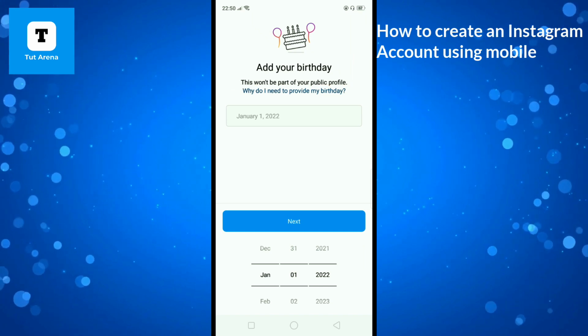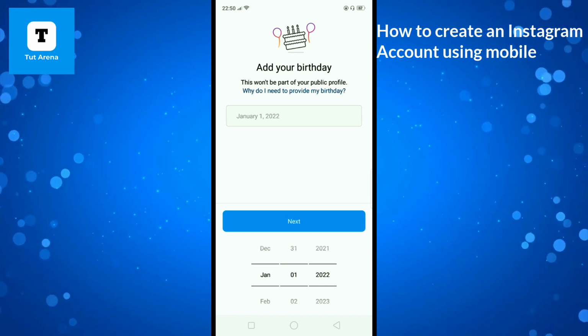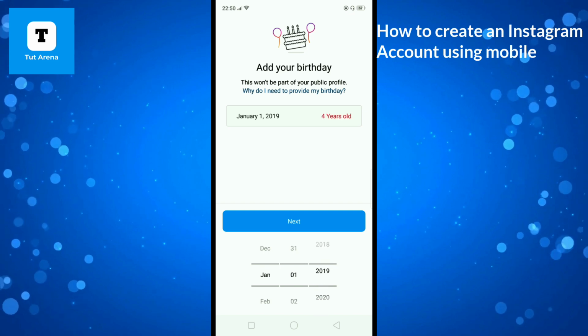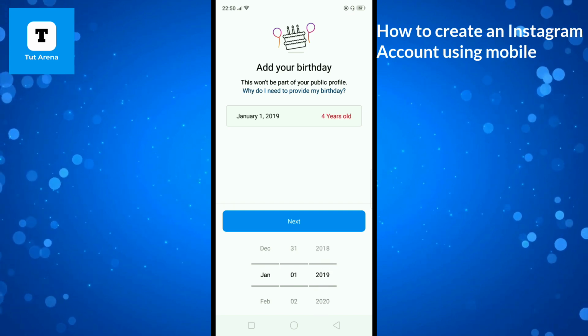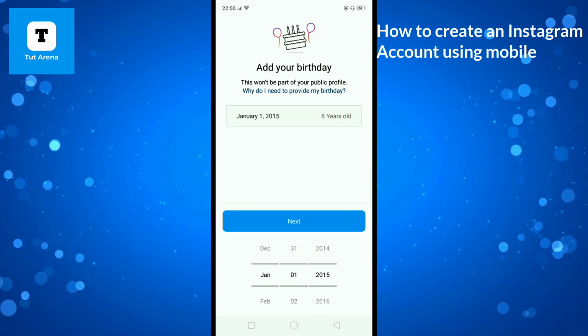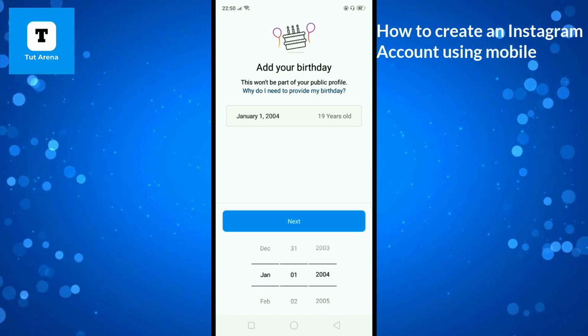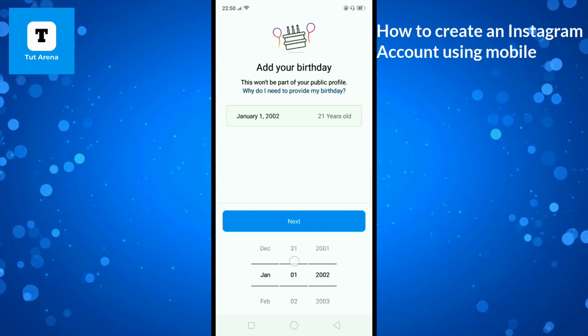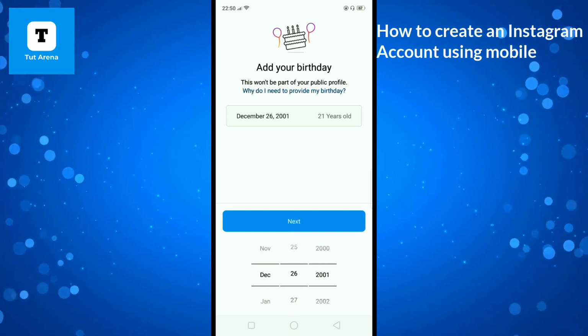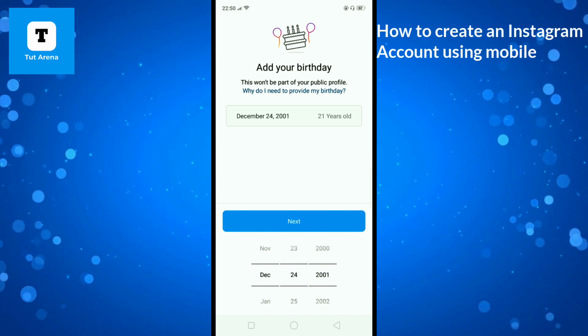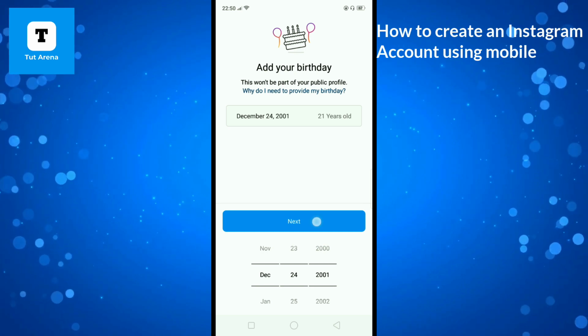Now it will ask you to add your birthday date. You can choose your birthday date like this. Now tap next,